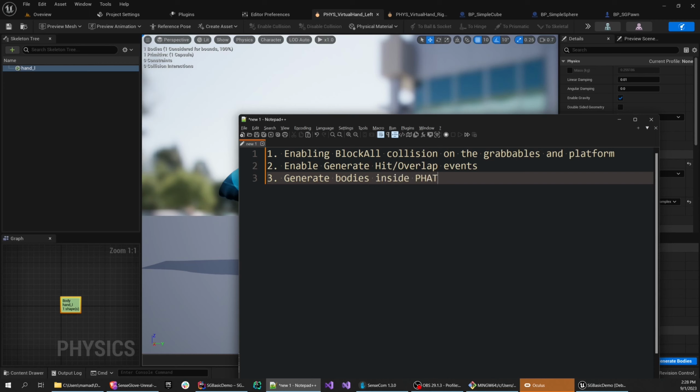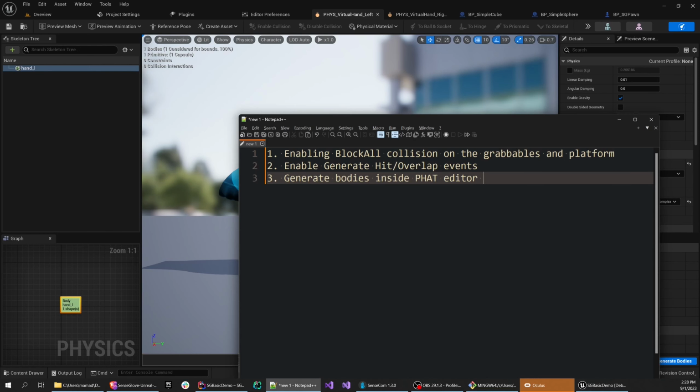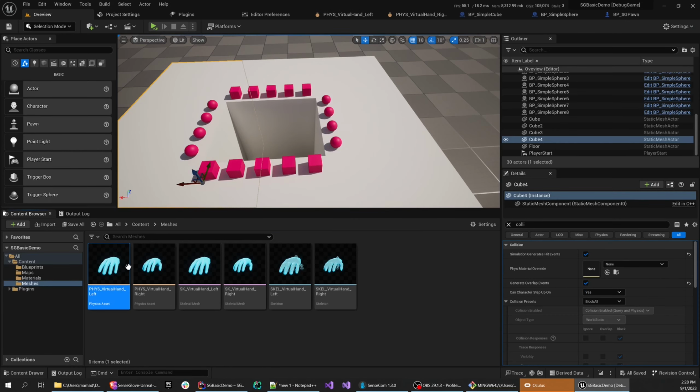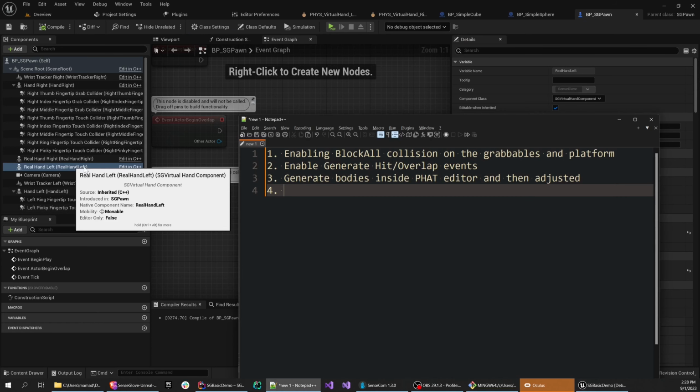They call it FAT inside Unreal, physics asset editor. And the thing is, after we did that, we created this collision and then adjusted it. And the last thing we did was going to the SGPawn, and inside the SGPawn